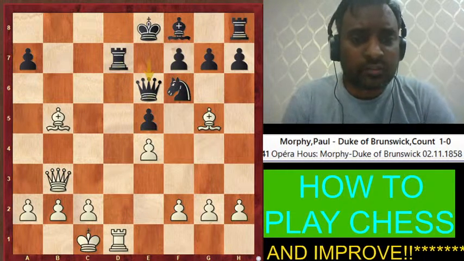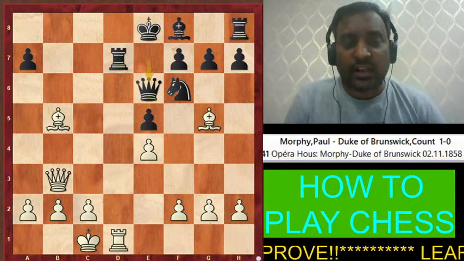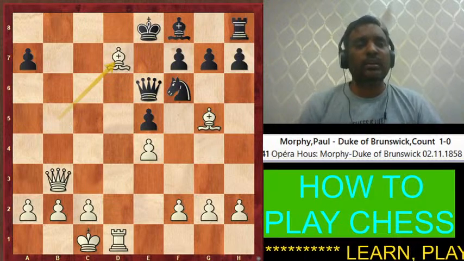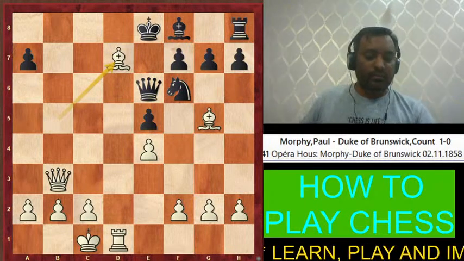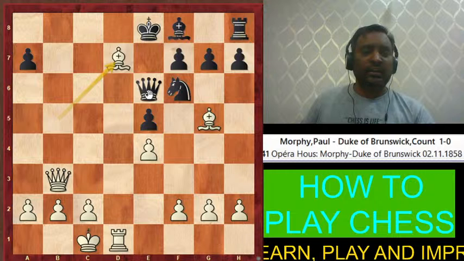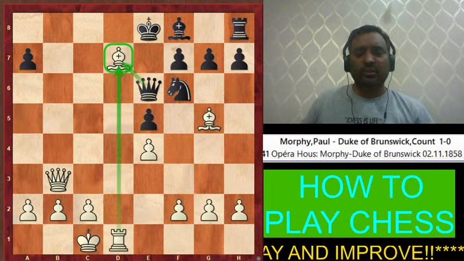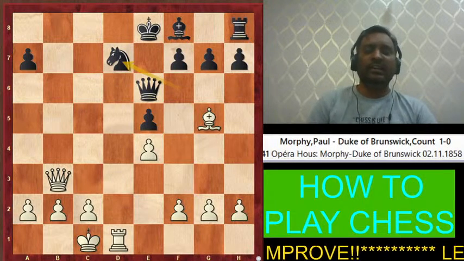Okay, so but here the Paul Morphy was having a different thoughts in his mind, and he played a simple bishop into d7. He captured d7. He knew that they cannot capture with the queen because they will lose queen. Simply they will lose queen. So therefore they captured with the knight and they are relaxed.